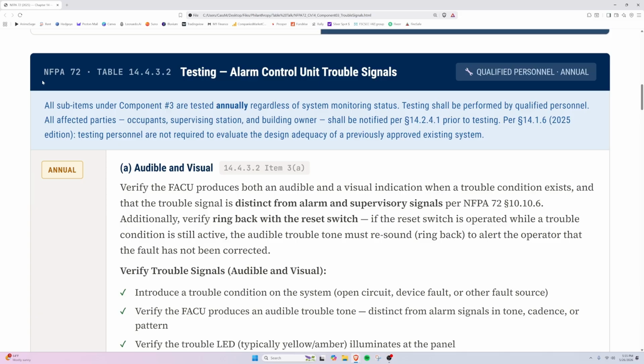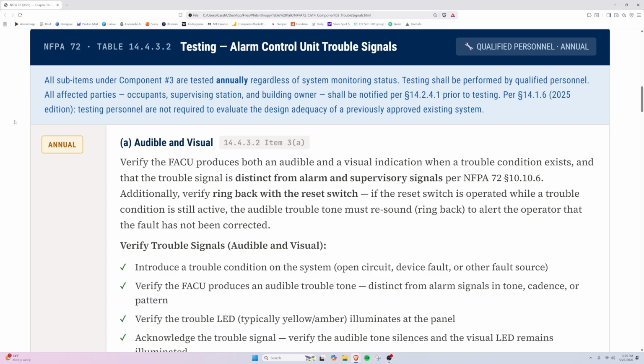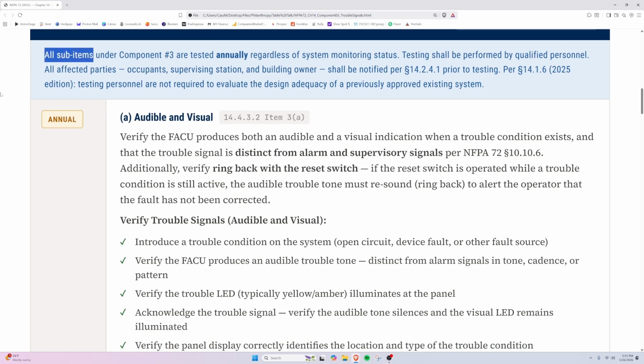So we have our NFPA 72, Table 14.4.3.2, testing, this is for the test table, alarm control unit trouble signals, done by qualified personnel on an annual basis. All sub-items under Component 3 are tested annually. Regardless of system monitoring status, testing shall be performed by qualified personnel. All affected parties, occupants, supervising station, and building owner shall be notified per